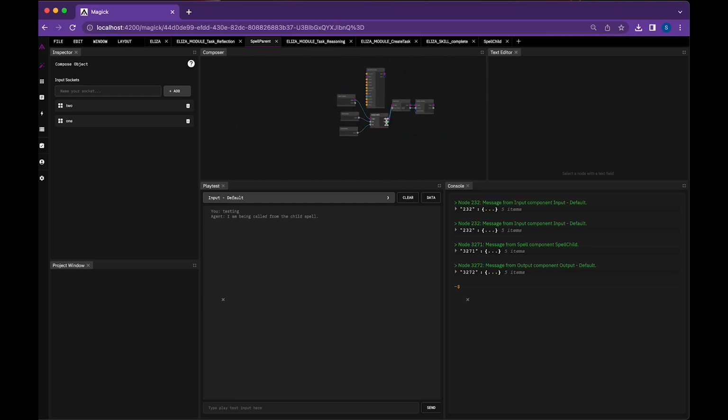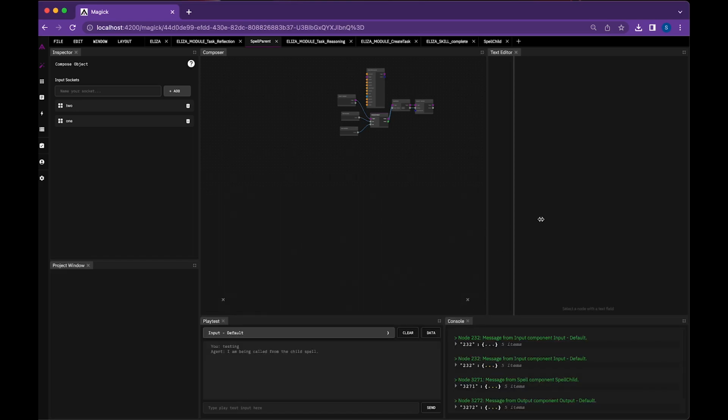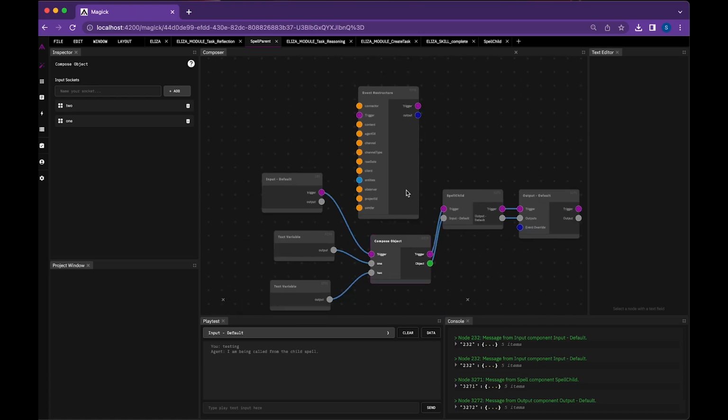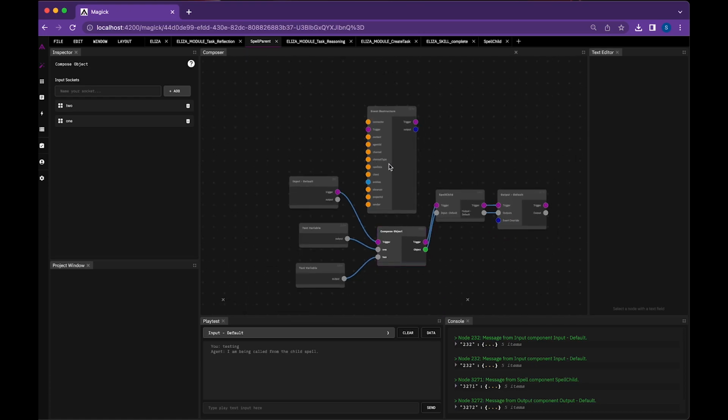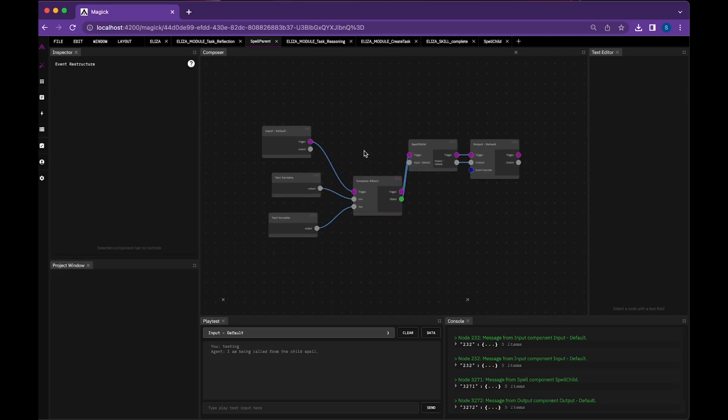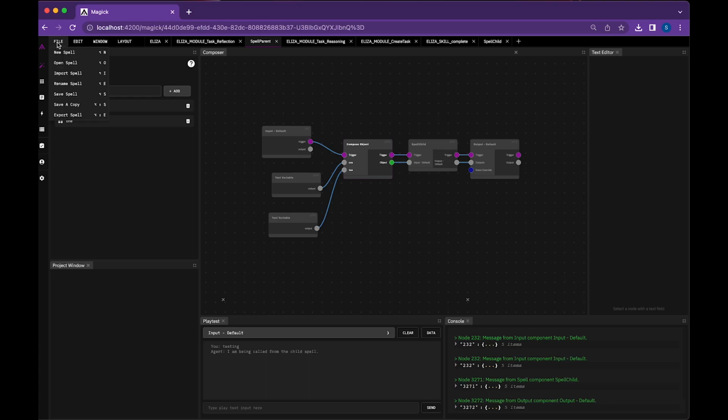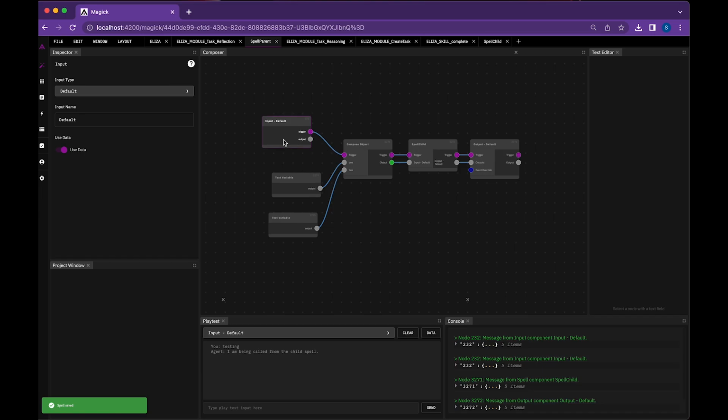So I could make this event restructure node here with this compose object. I mean, I should probably make this bigger, huh? Cool. So I'll delete that. So I've composed this object, and I'm passing this object into this spell child. Now, we're not using the output here, right? We could, but let's say, actually, we'll say content,